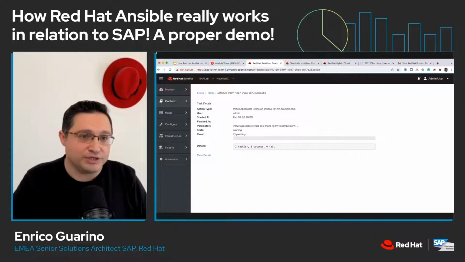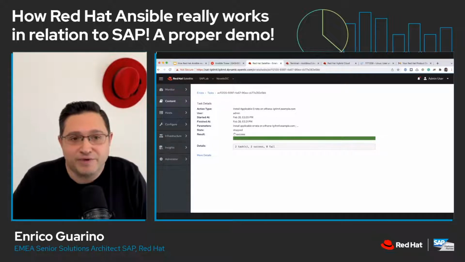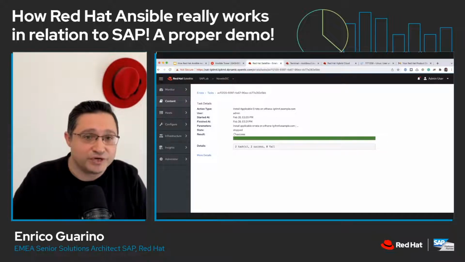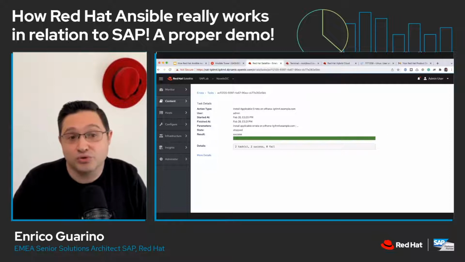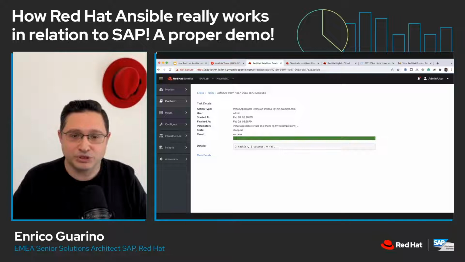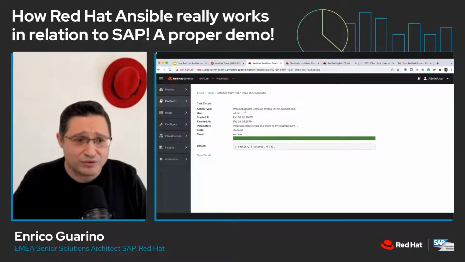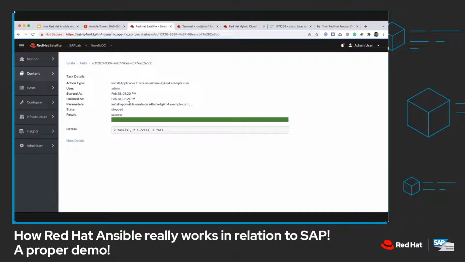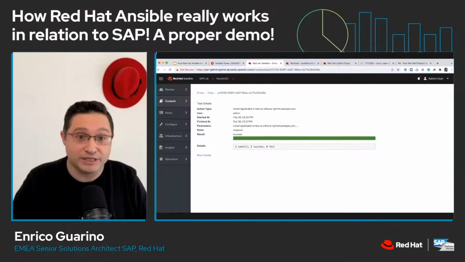For example, in an HA environment, a high availability environment, you can apply the errata first on the first node and after on the second node. Things like that will guarantee the availability of the SAP application, that is not impacted at all. And this is very, very easy to configure from Satellite. So now that the job has been completed, let's check on the RHEL host the packages upgraded by the errata. To do that, we will log in via SSH to any of the hosts where the errata has been applied.